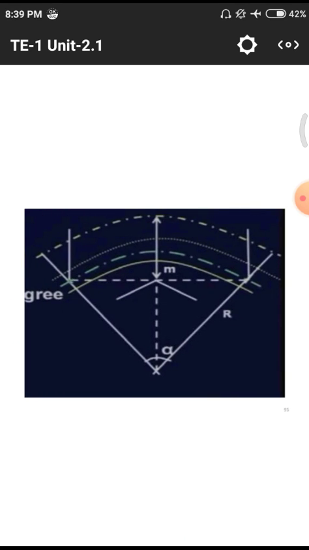This is the radius of the curve r, and we have the particular distance d. This is the typical example showing all those r values, d values and m values. By using those three we find m equal to r minus d into cos alpha by 2, where alpha is the angle, cos is the trigonometric function, and d is the distance.